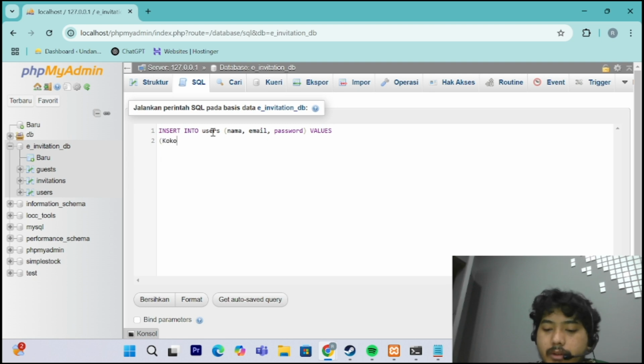Here I will add Coco, and then the email, and then the password. Maybe we make a simple hashed password, as password123.